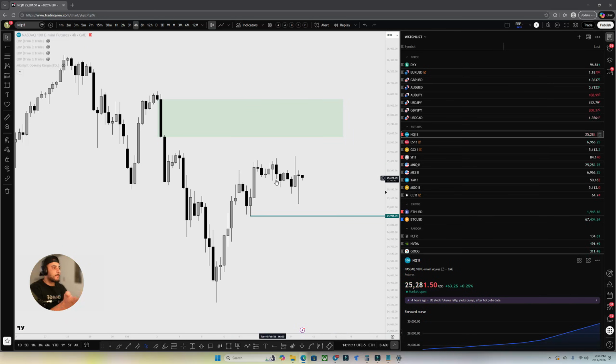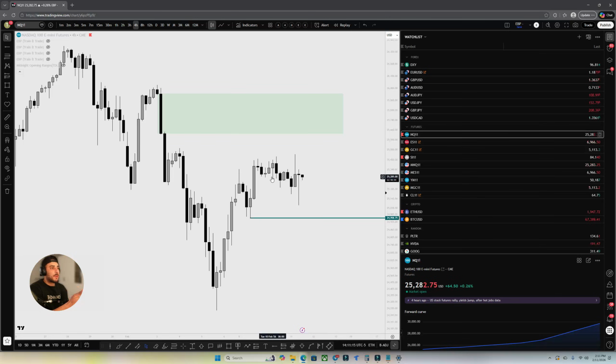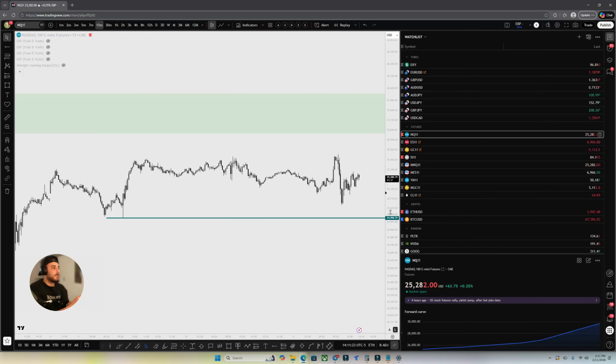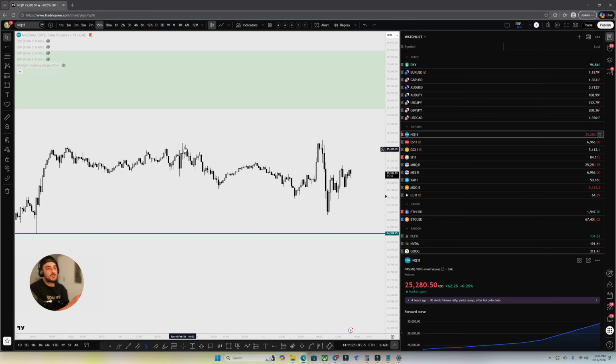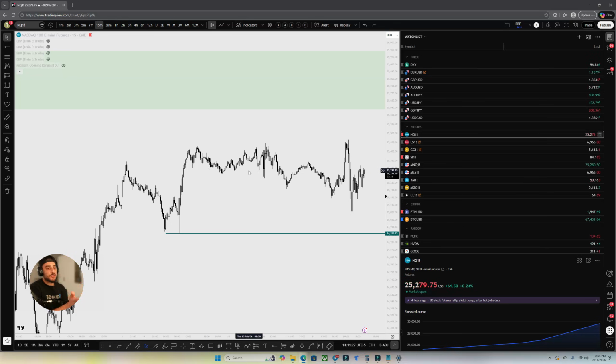Now, again, you can find scalps all day in here, but would you rather find a scalp or a move that has this type of movement? Or would you rather try to get these little pieces in here? Like if we go to the 15-minute time frame, do you want to fight for these scraps? Everyone's going to have their preference.